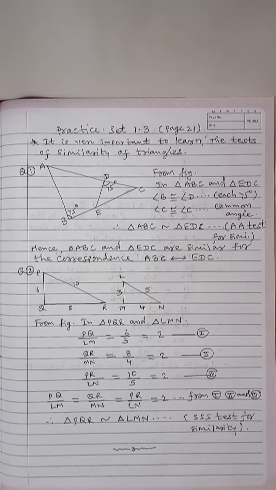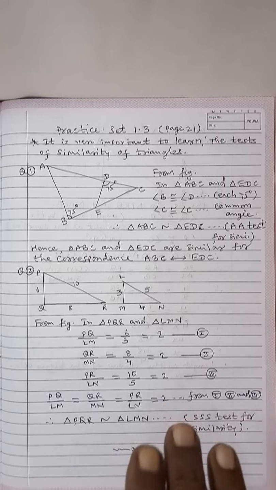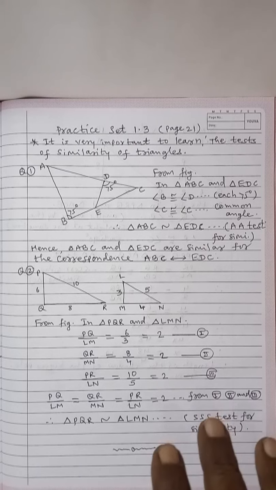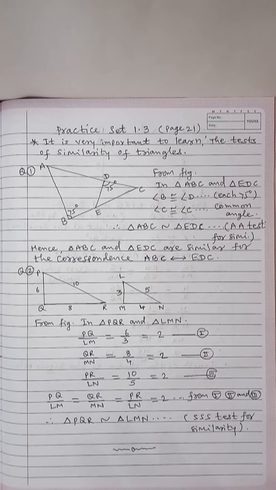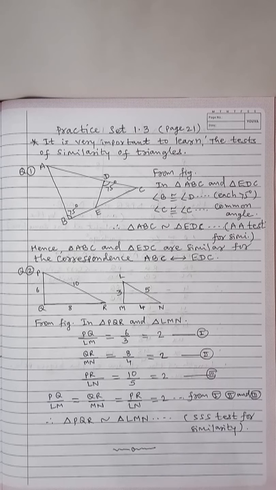Yes, and we will continue with this. To understand the theorems based on similarity of two triangles and to solve the problems, you must know the tests of similarity. What are those? Angle test, angle test, then the third one side test, and the fourth one side test. So learn carefully these four tests of similarity, and that will help us in solving the problems.